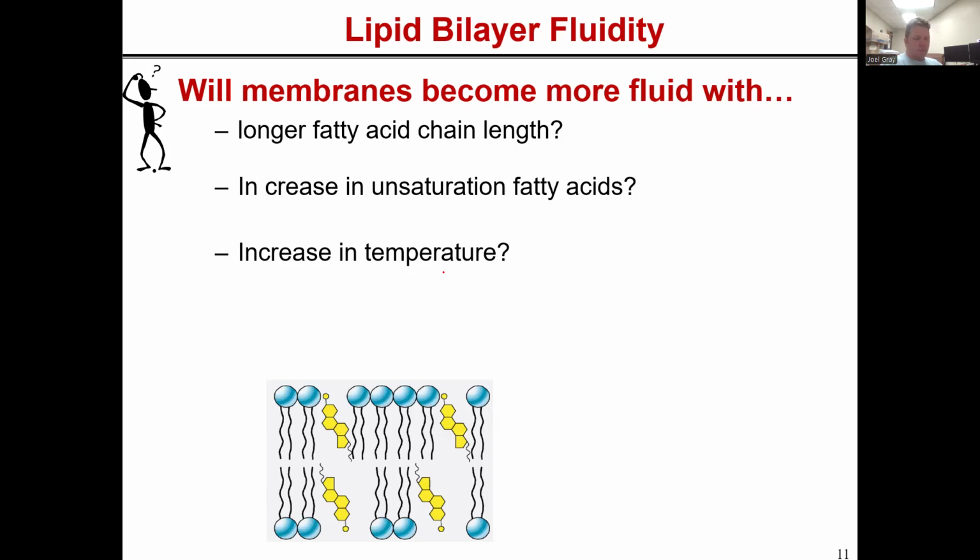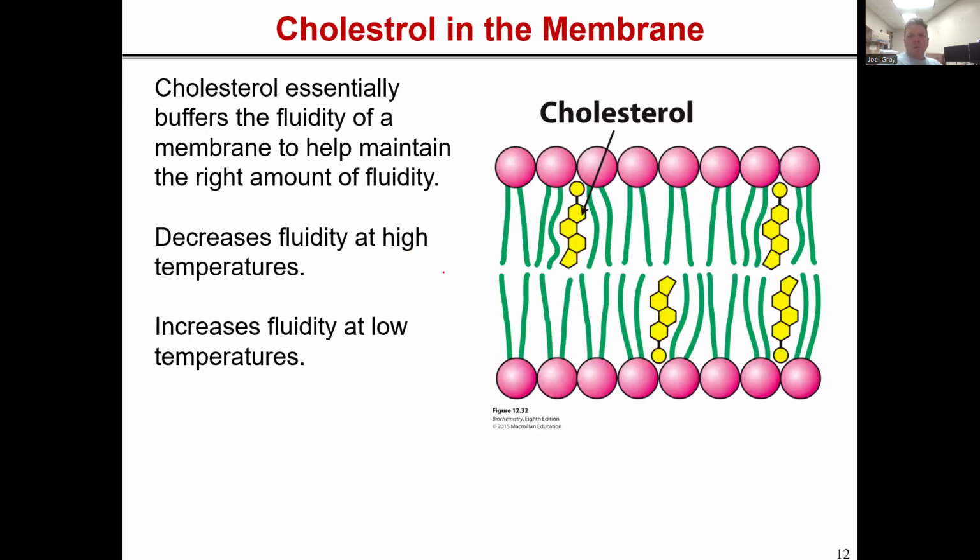But at some point, E. coli, for example, are going to be kind of like people. They're going to say, well, I can't grow at this specific temperature. That's way too high. Okay. Now,